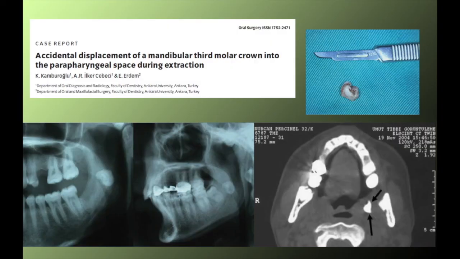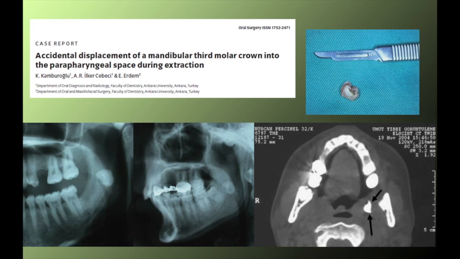Last uncommon complication that may arise from removal is displacement of the impacted tooth to anatomical spaces. This is a case report of an accidental displacement of a mandibular third molar following its removal into the parapharyngeal space during extraction. Most often, displacement into anatomical spaces occurs when a proper flap has not been raised and when we